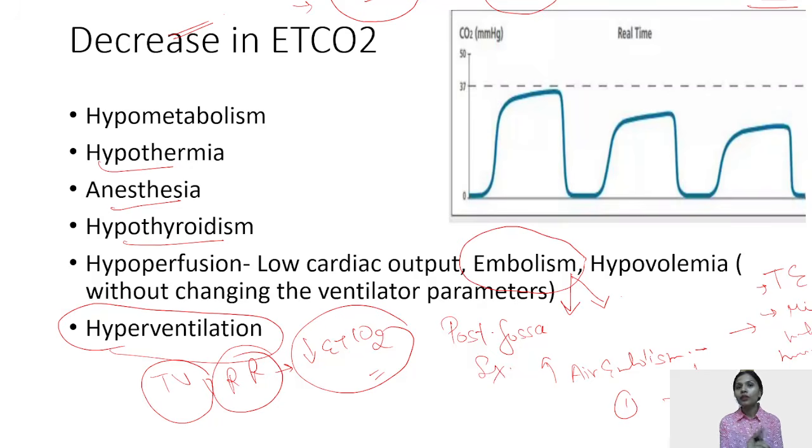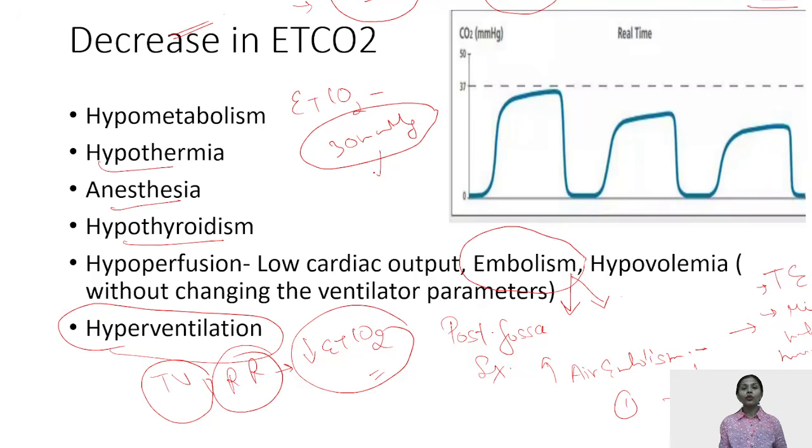But please remember, there is one star question in this, that is the EtCO2 should not be decreased further from 30 millimeters of mercury. I repeat my line, that if the patient is undergoing neurosurgery, you have to keep the EtCO2 till 30 millimeters of mercury, because hyperventilation will help in vasoconstriction and thus will help in decreasing cerebral edema.